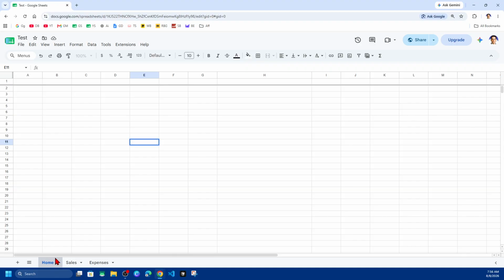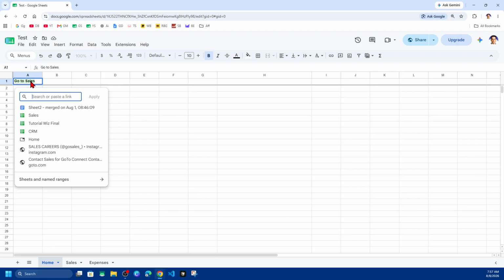Now on the home sheet, I'm going to select, and then from here, click the cell where you want the hyperlink. So I'm going to put the hyperlink here in A1. Now in here, I'm going to type in some text that's going to say go to sales, and I'm going to make this bold. Now in A1 here, I'm going to click on Control and K, and it's going to